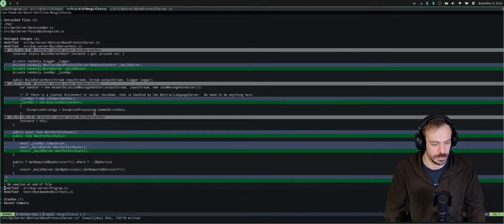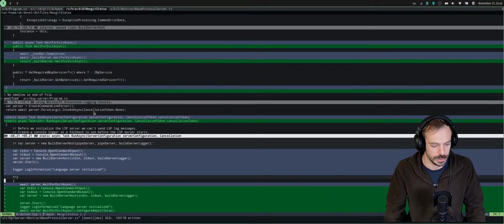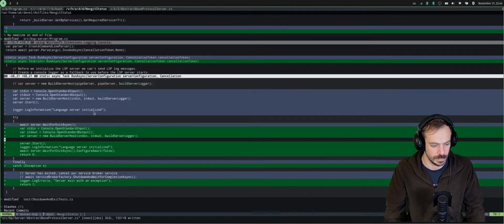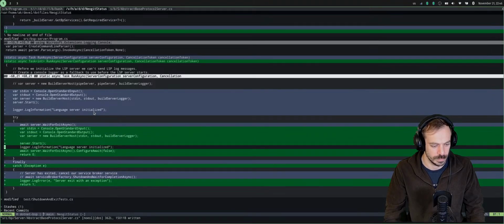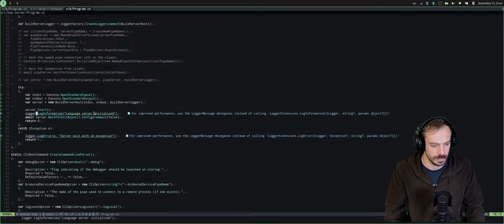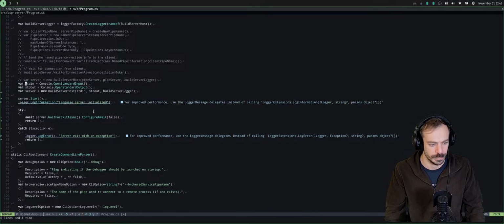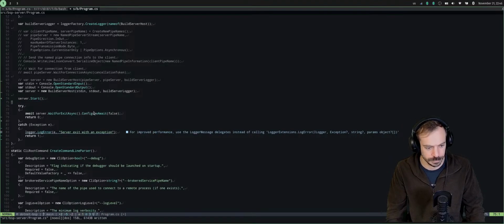So I think I can remove the changes here, because I could just move this part to the top. Because we will need this part.